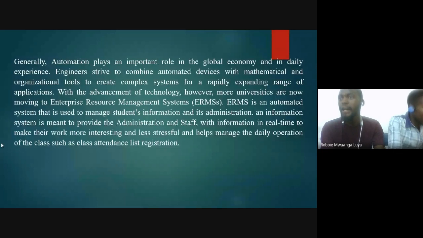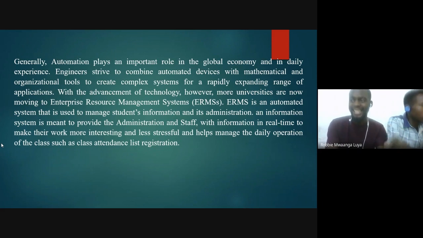Generally, we are going to talk about automation, which plays an important role in the global economy and daily experience. Engineers strive to combine automated devices with mathematical and organizational tools to create complex systems for a rapidly expanding range of applications. With the advancement of technology, more universities are now moving into an enterprise resource management system, the ERMS, and we're lucky that Bugema has one. An ERMS is an automated system used to manage students' information and its administration. An information system is meant to provide the administration and staff with information in real time to make their work more interesting and less stressful and help manage their daily operations, such as class attendance